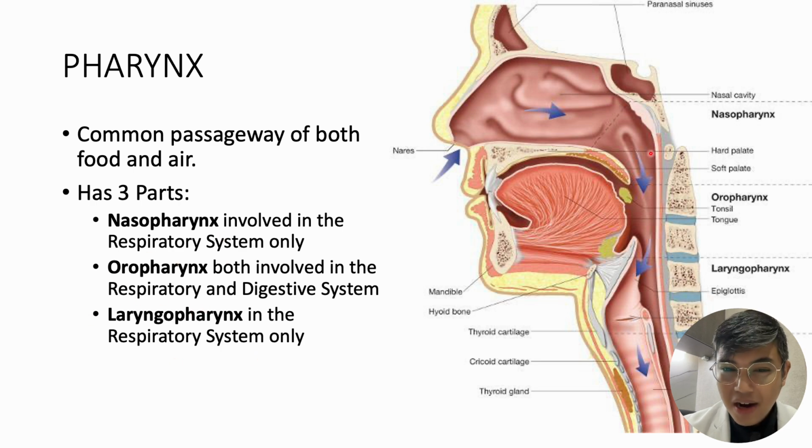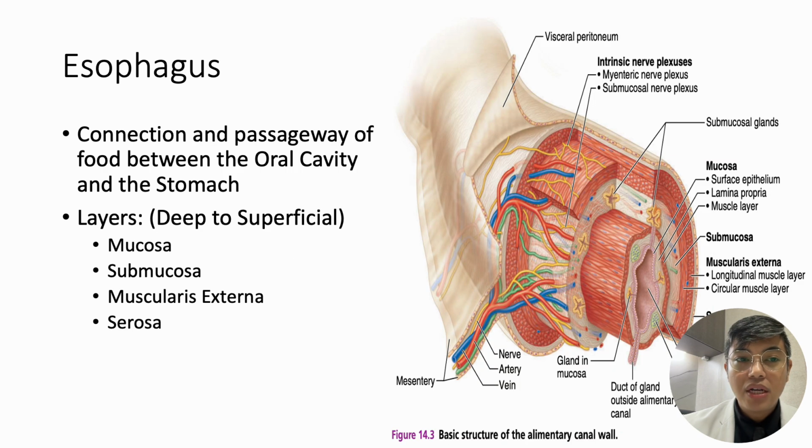The nasopharynx, air lang ang papasok dyan. Makikita mo naman pagka humihinga tayo. And the oropharynx is the common passageway of both food and air. Pero, pagdating sa ating laryngopharynx, air lang ang dapat makadaan doon. Kasi kung may solid particle ka, uubo ka. Now, after the pharynx, halimbawa kumain ka, ninguya mo na from your oral cavity, pupunta na yan sa pharynx mo, at bababa na yan sa iyong esophagus.